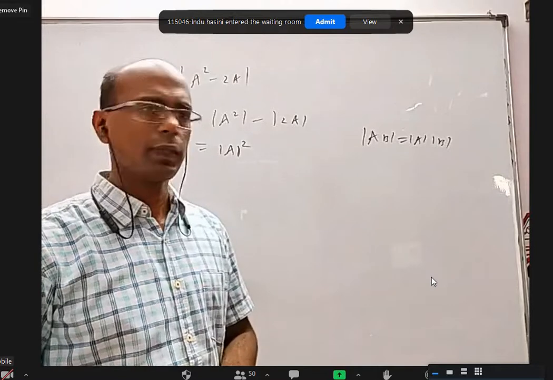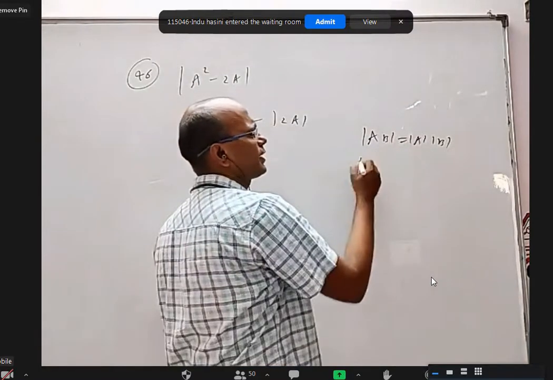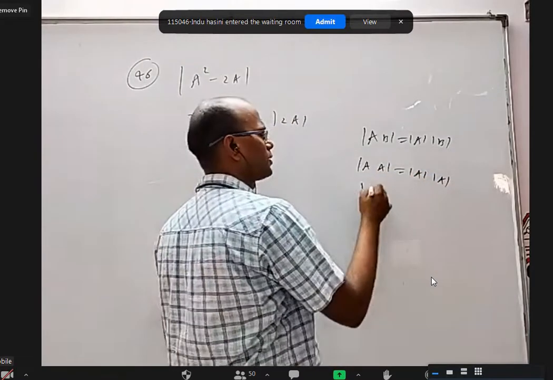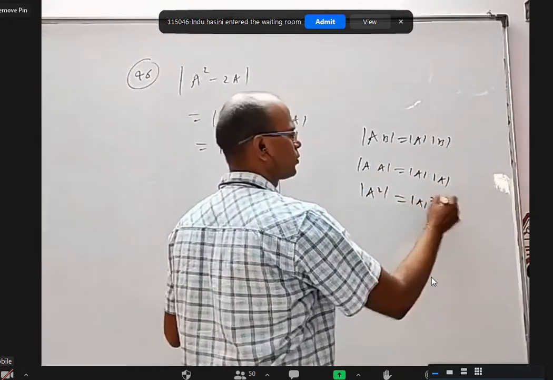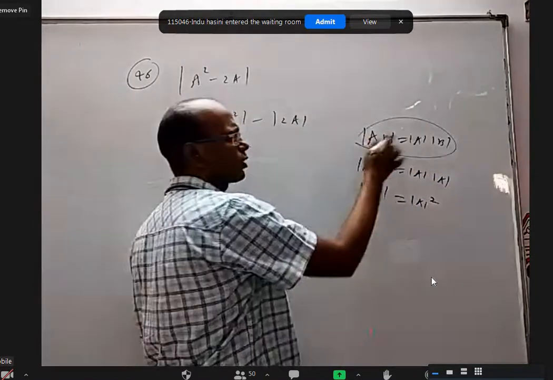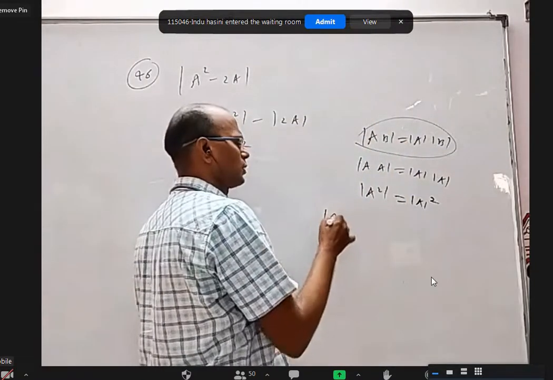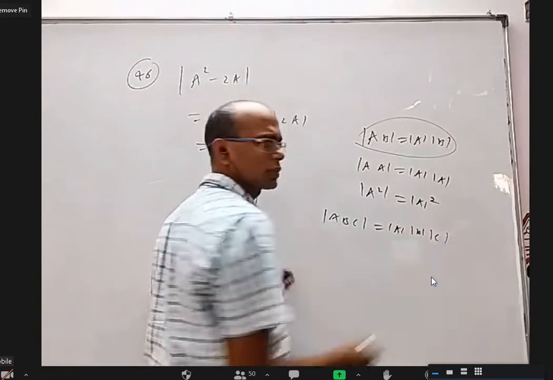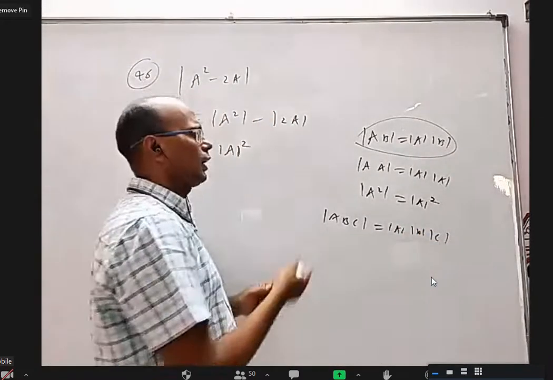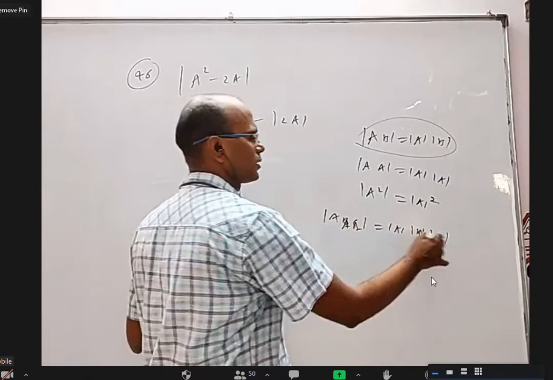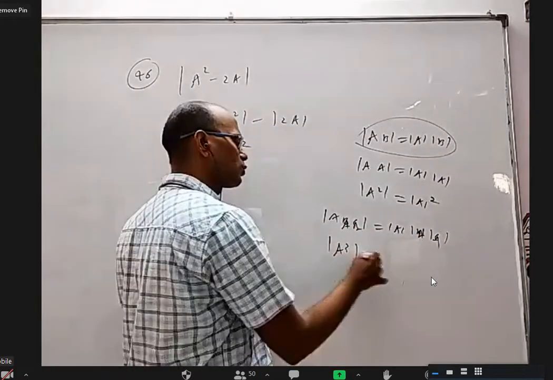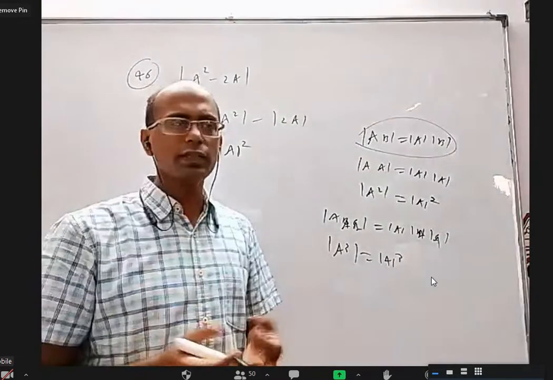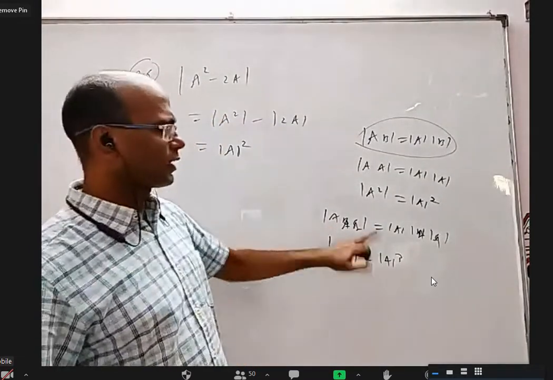Yes, sir. In the place of B, if I write A, what happens? Det of A into A equals det A into det A. This is det of A square and that is det A whole square. And this is applicable not only for 2 things, 3 things, n things. Det of ABC, I can write det A into det B into det C also. And when I put A here, A here, A here, det of A cube is det A whole cube. So whether you find A cube, really the big matrix, and then find determinant, or find det A whole cube, it is same.